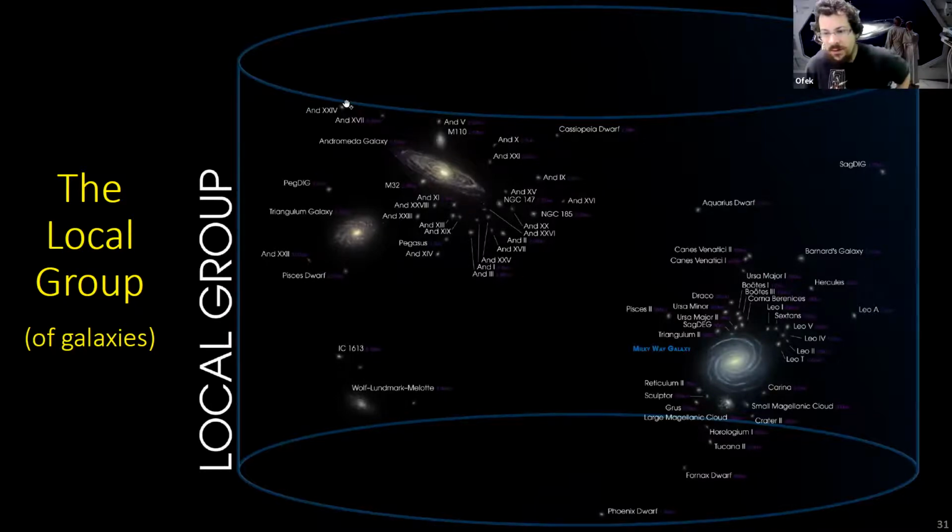So here is our own galaxy, the Milky Way, at the bottom right. Our Milky Way has a few satellite galaxies, which orbit the Milky Way just like planets orbit a sun. Most famous of these are the Small and Large Magellanic Clouds, again, discovered as clouds or nebula by the crew of Magellan in the early 16th century as they passed through the Magellanic Straits, circumventing the Earth, around South America. They cannot be seen from the northern hemisphere, but they are very clear from the southern hemisphere of the Earth.